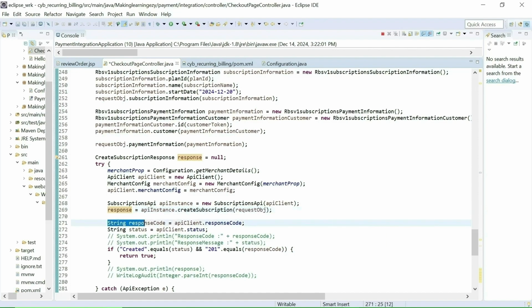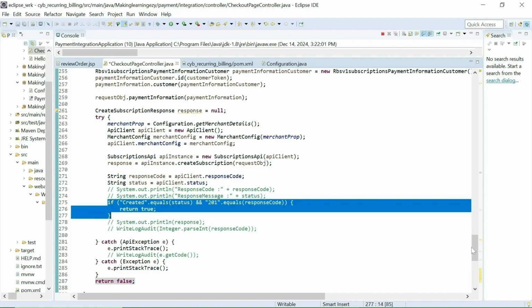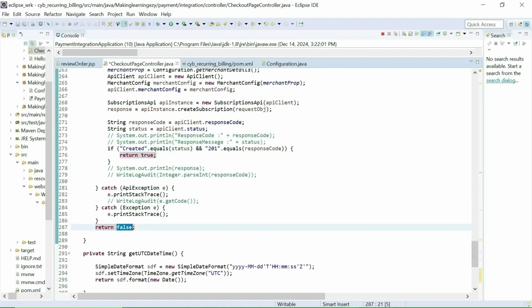Then we are checking the response code and the status. If status is created and response code is 201, we consider the subscription created successfully in the CyberSource and we return true. If this condition is not fulfilled, we return false.